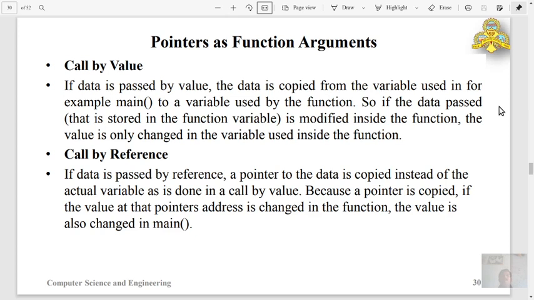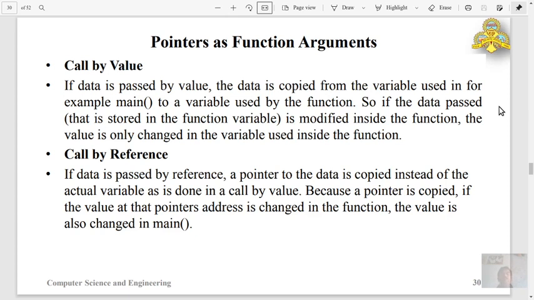So till now we have studied how a function is invoked or called. There is only one method you have studied, that is call by value. That means while calling a function, we will pass a variable's stored value to that function. That means the value will be copied into a variable inside the function, which is nothing but a local variable. You know what are local variables and global variables.